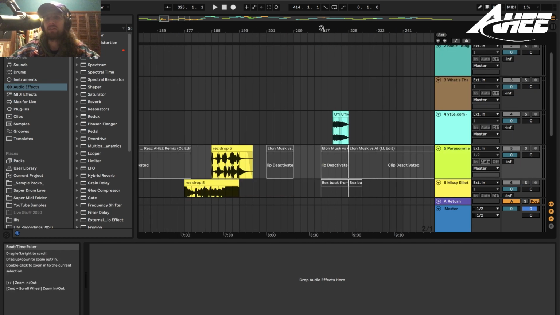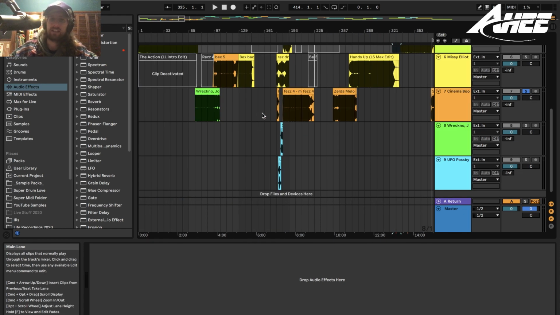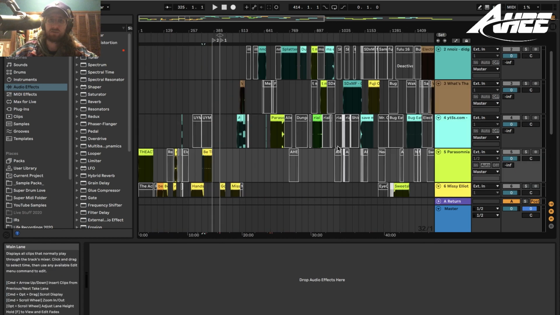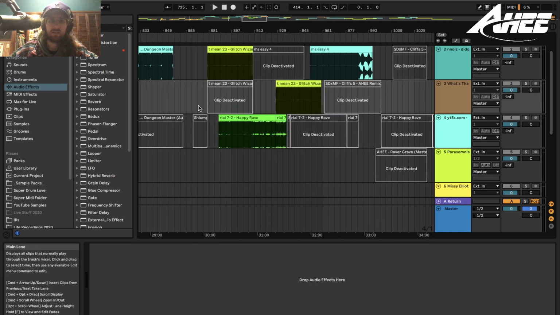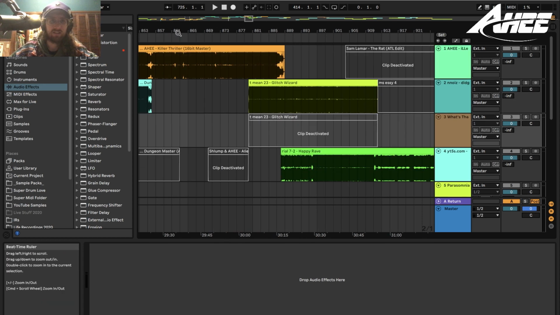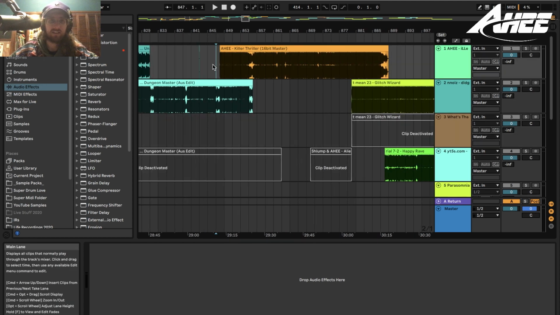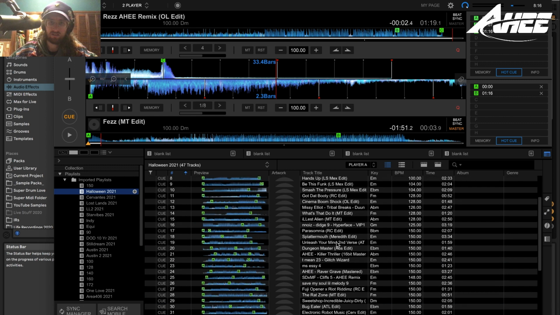So it's about finding that balance between keeping the beat going and letting a more ambient or musical moment take the forefront. And also, here's my rhythm-ish section of the live set, and I noticed that in this section I don't really pay attention to key that much. If we look over here,